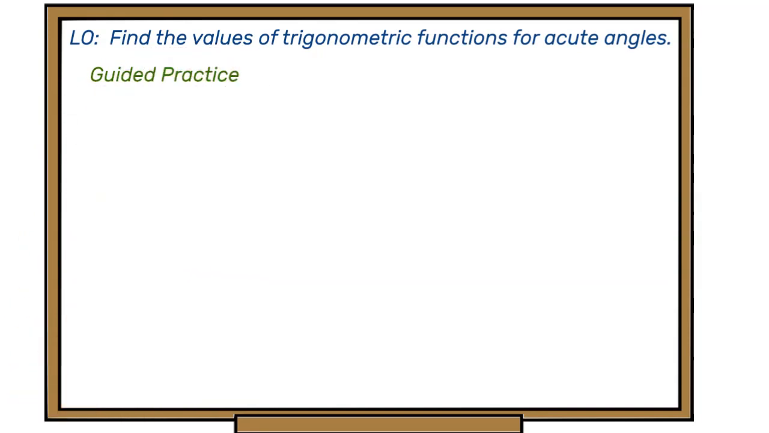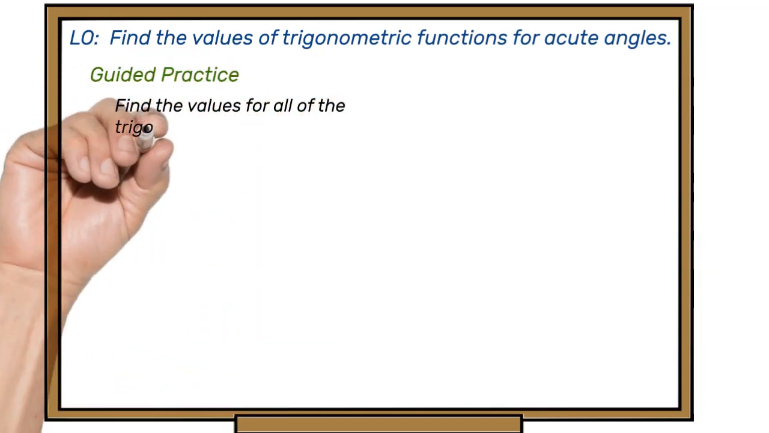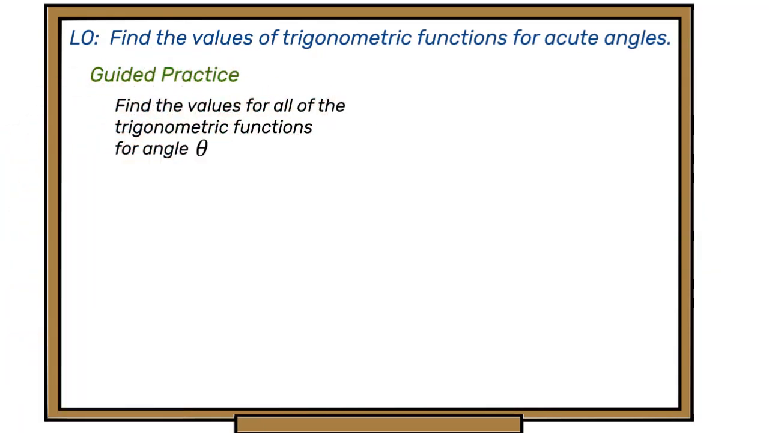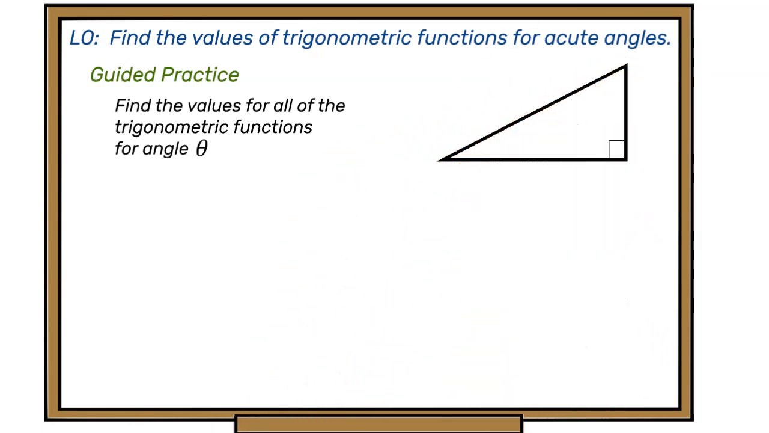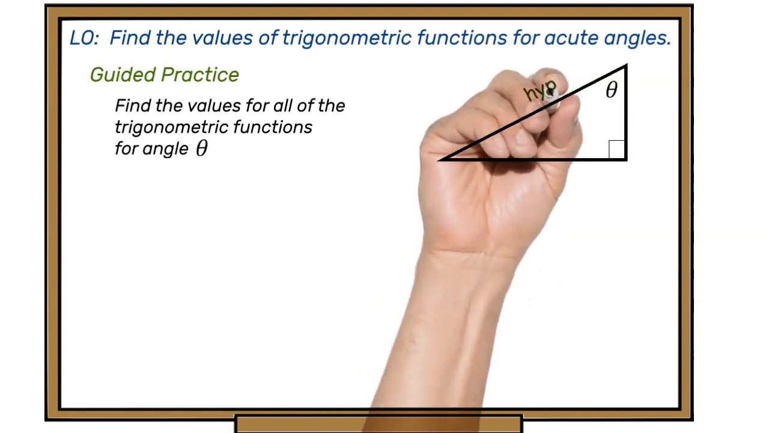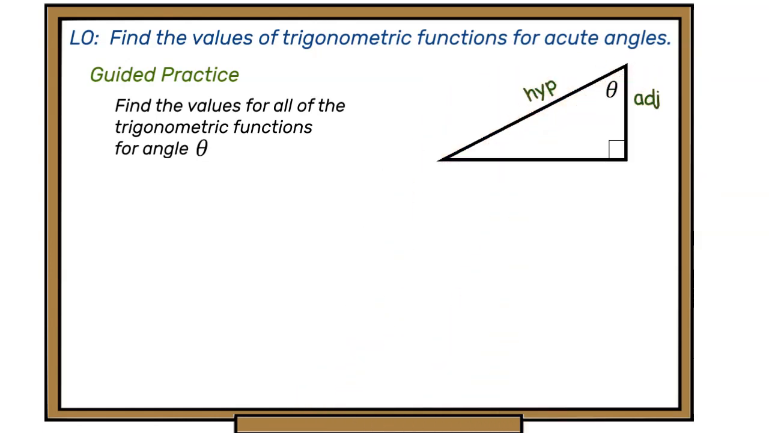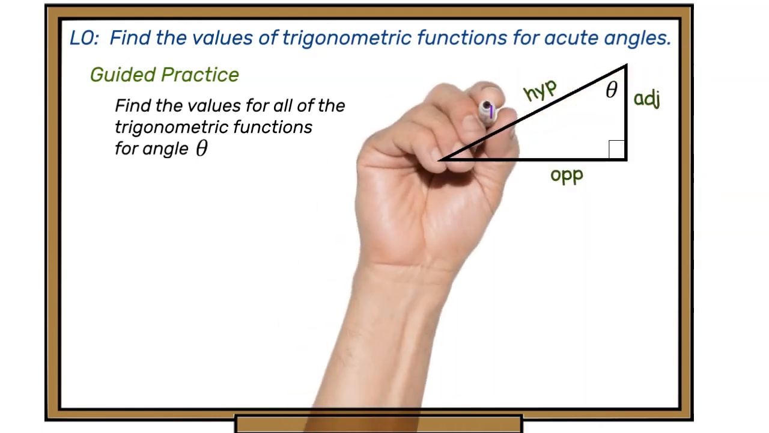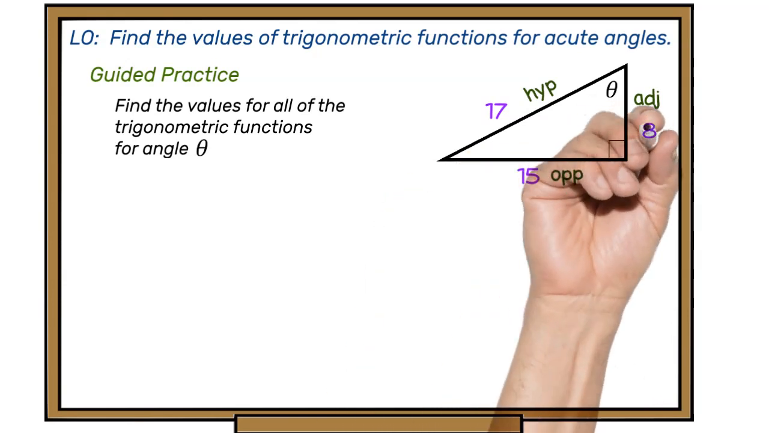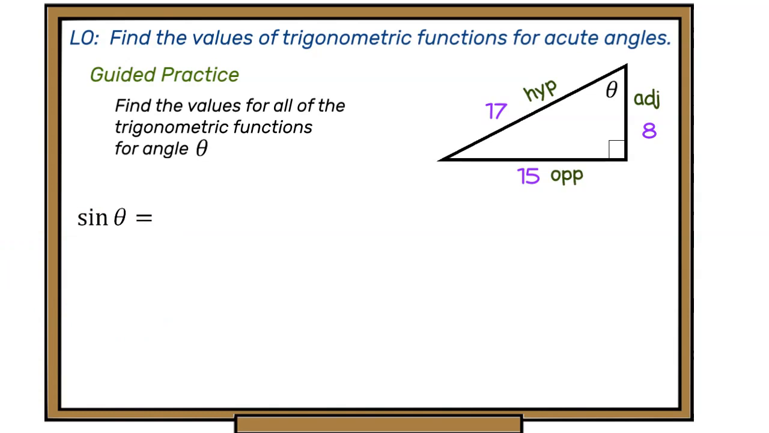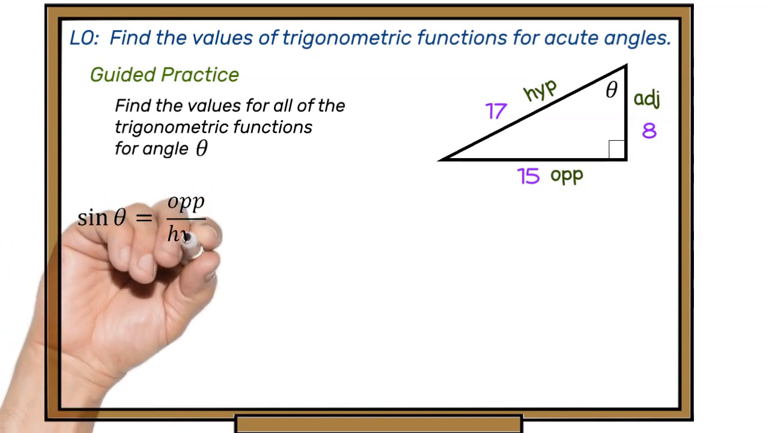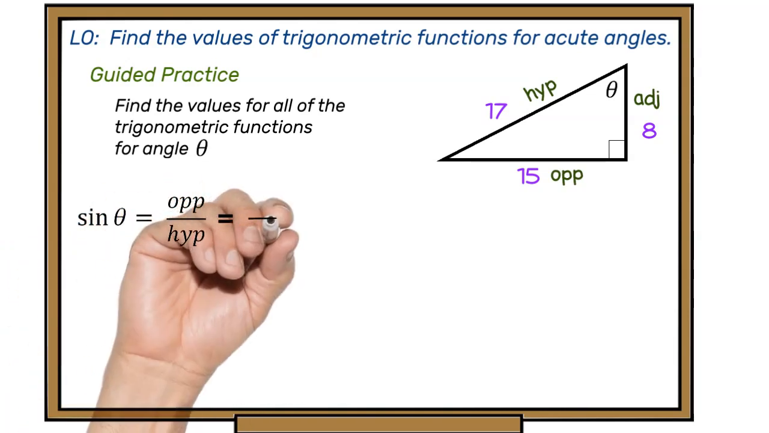So guided practice. Find the values for all of the trigonometric functions for angle theta. This time theta has changed positions. Label the sides: hypotenuse, adjacent, and opposite. Put in the values that we know and calculate the functions. So sine of theta,